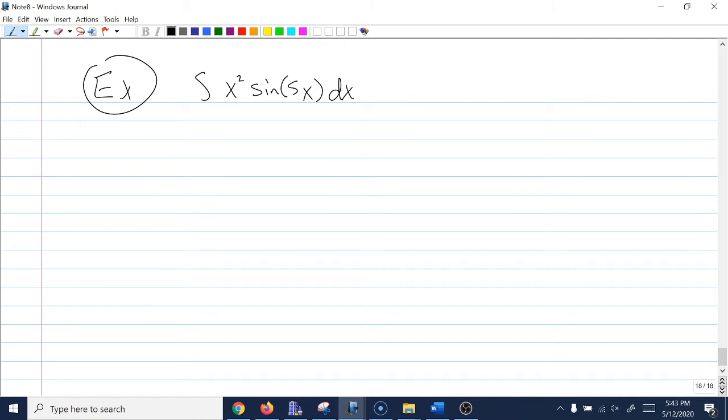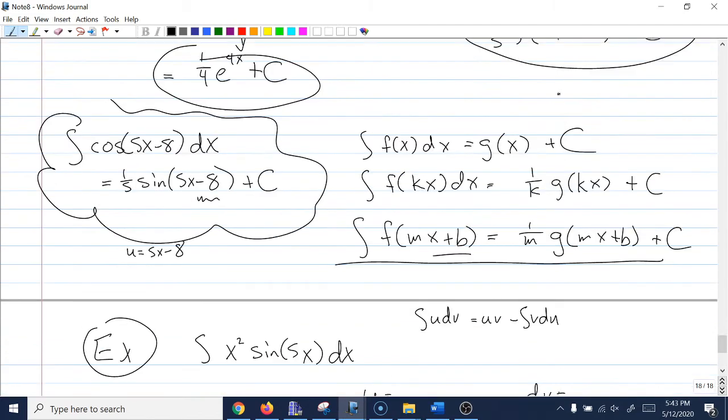We're going to do parts. The parts rule is the integral of u dv is uv minus the integral of v du. I need to pick my u, I need to pick my dv. There's only one picking happening there. I pick my u and then my dv is everything else. Last time I learned that u equals x is a good choice